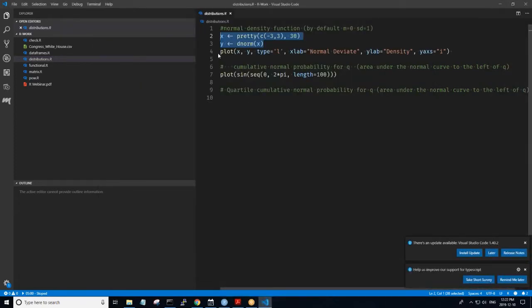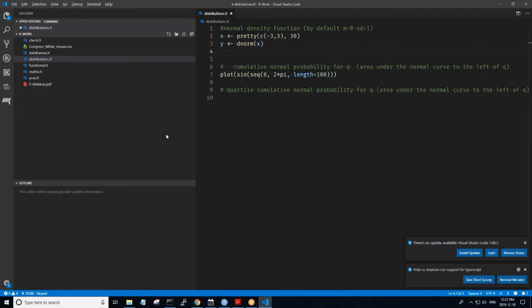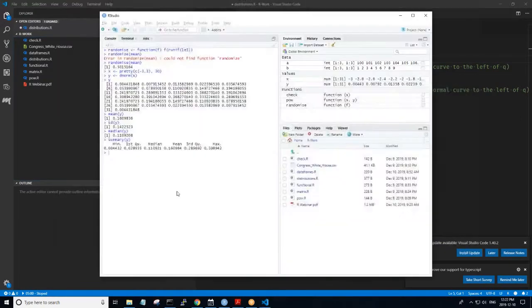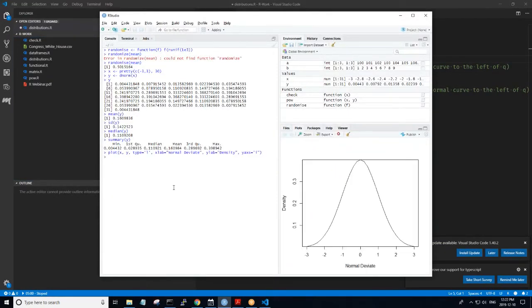But that's not exactly where the power of R comes in, because you want to combine that with the ability to do various kinds of plotting.